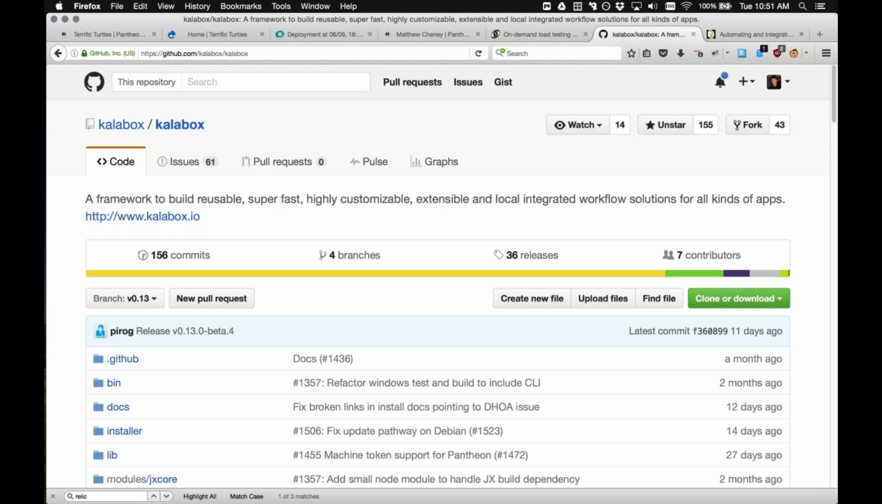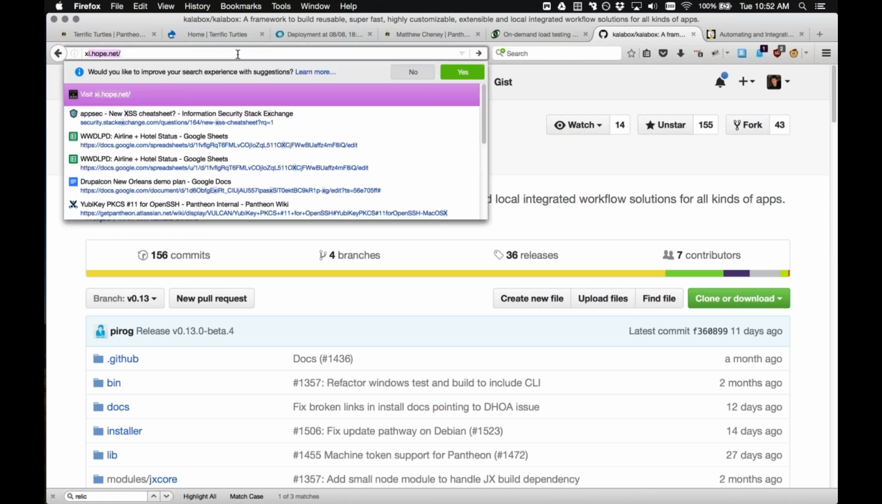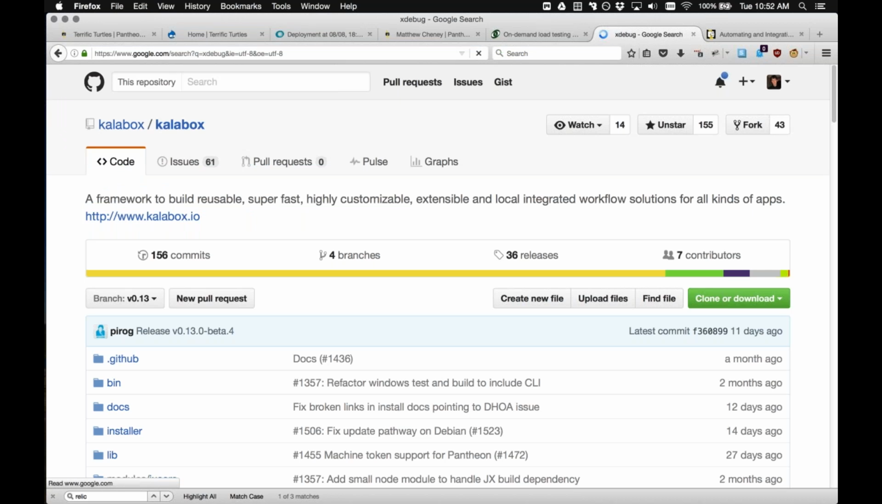But Kalabox does have, we gave them the container spec that we use at Pantheon, so they run the same versions of PHP, MariaDB, and the other stuff as well. So it's a great way to make sure that the code works. It's not really the right target for